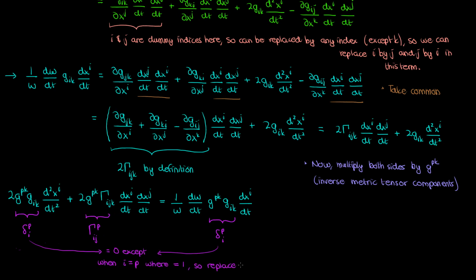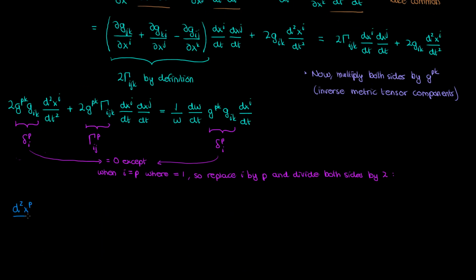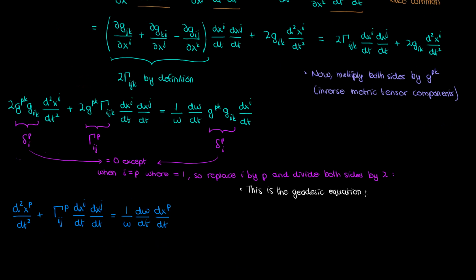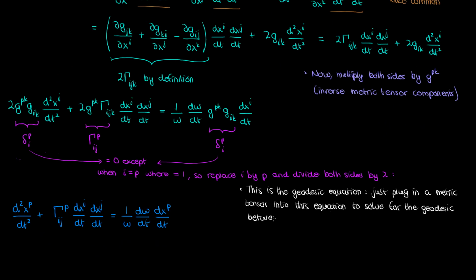So when I replace the I in these terms by p and when I divide both sides by 2, I get the equation that I've been looking for this whole time, this geodesic equation. Let's analyze this equation a bit. What this tells me is that if I plug in a metric tensor, which basically goes into my Christoffel symbol and into my W term on the right, then I can find the geodesic between 2 points corresponding to that metric tensor. And the geodesic I would solve for with this geodesic equation would be a curve parametrized with respect